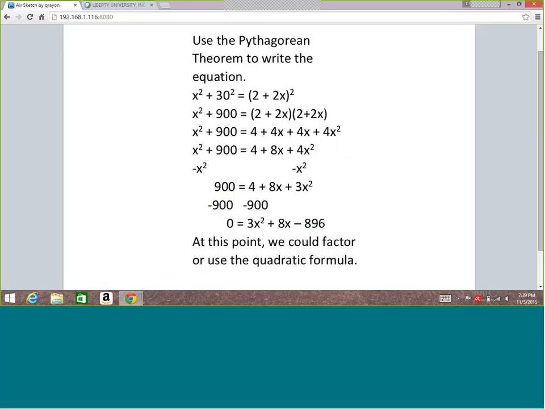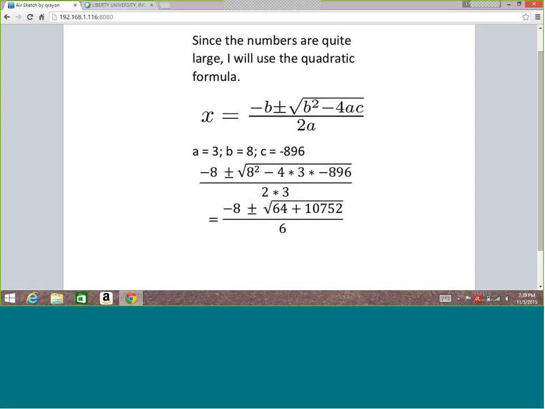And thinking back to what we learned last chapter about how to solve this, we have two options. We could either factor or use the quadratic formula. And it's entirely up to you where you go from here. Personally, I would rather use the quadratic formula because of the really large number, 896, okay? So I'm going to use the quadratic formula, and there's the formula, just a refresher. So my A is 3, my B is 8, my C is negative 896, and I plug the numbers into the formula